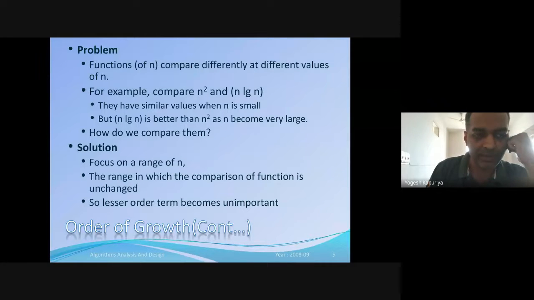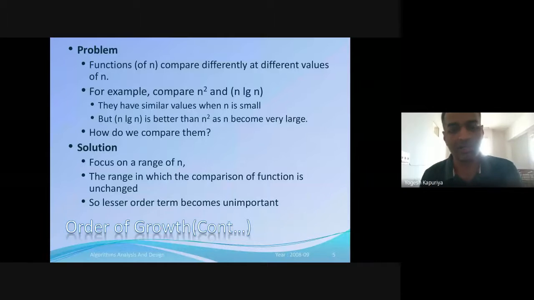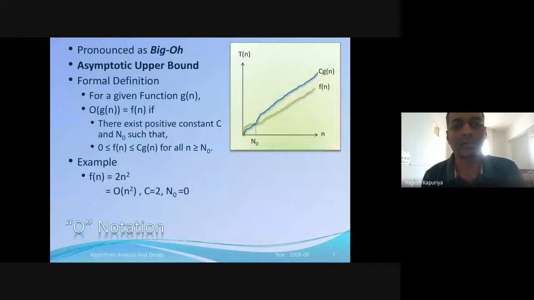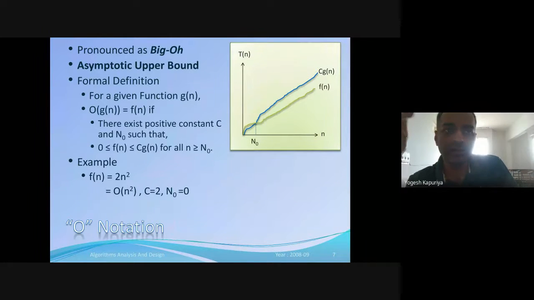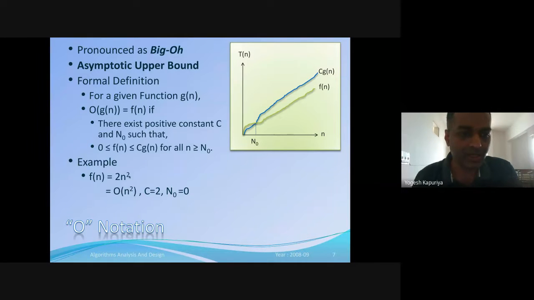So for that we have the order of growth, or asymptotic notations as it is also called, and there are 5 such notations, and the first of them is big O notation. Now big O gives you the worst case scenario, it gives you the asymptotic upper bound for any given function. So if I say that my function equation is 2n square, then big O notation tells me that the worst case scenario of this particular equation is big O of n square. So that is basically the upper bound of any function.